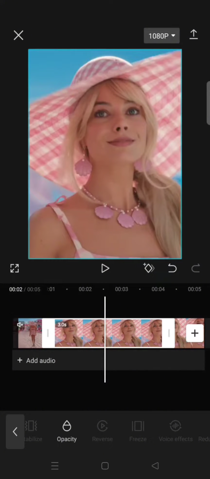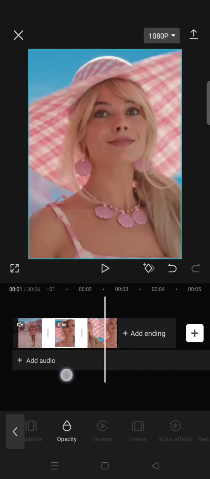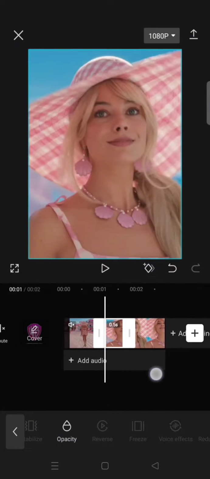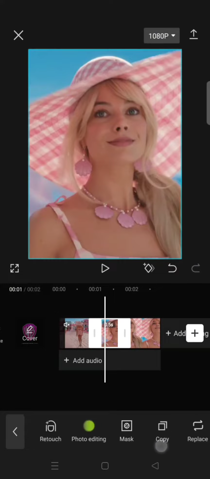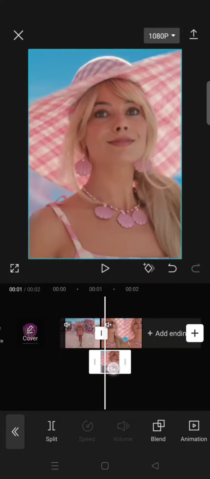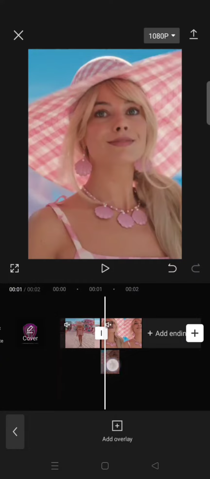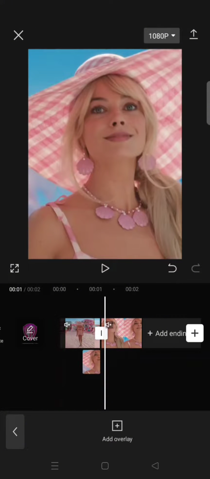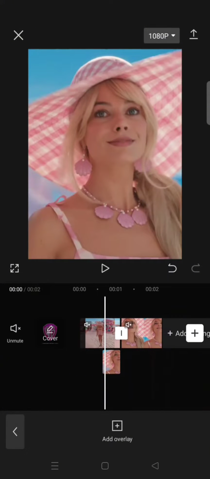Okay, this is the freeze frame. Trim it to 0.5 seconds and make it as overlay. So click on the overlay button. Then put the freeze frame under the end of the first clip. Okay, now